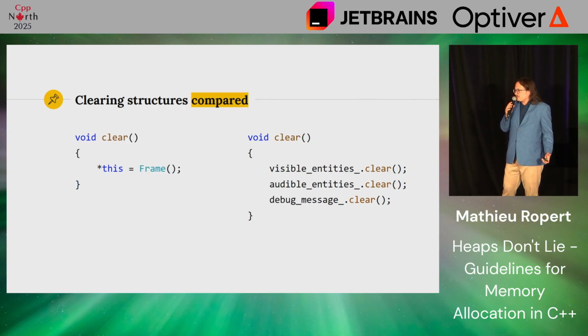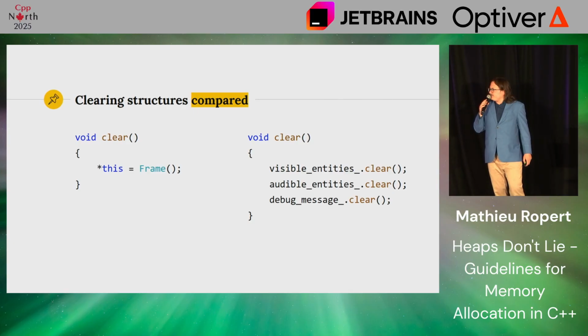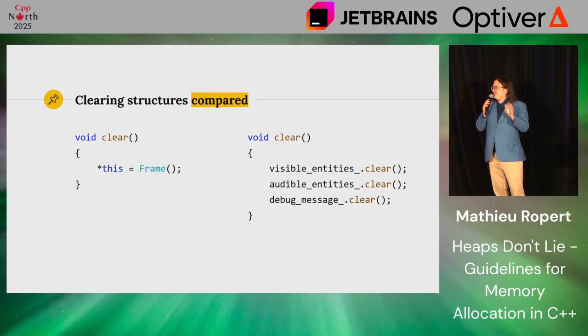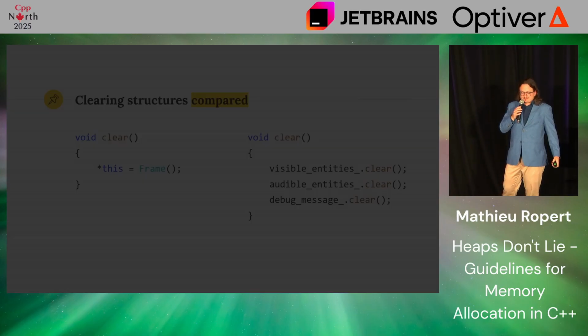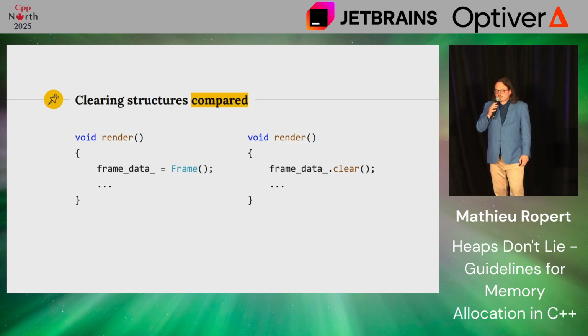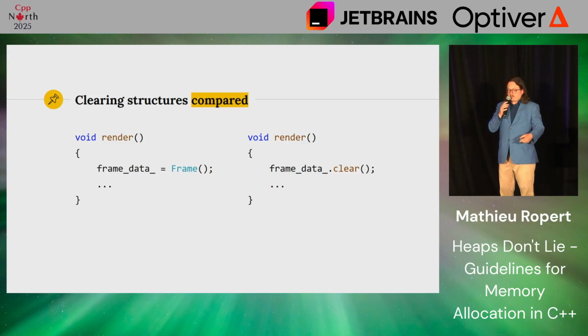It's annoying. But this is how I save a lot of mallocs every frame, because, roughly speaking, the number of visible and audible entities is kind of the same from one frame to another. So it's going to grow once in a blue moon, once I've started the game running. And it's viral, right? Because if I myself have this frame data inside a second